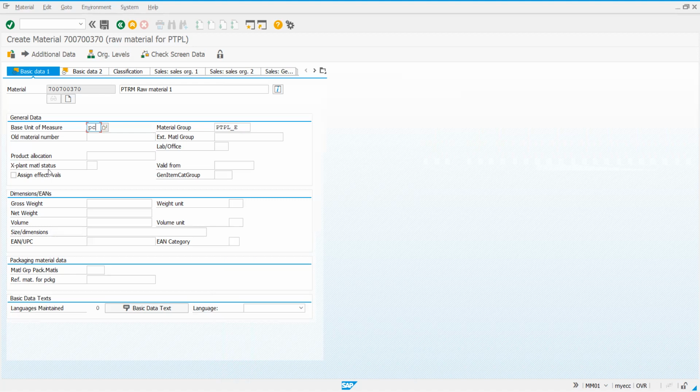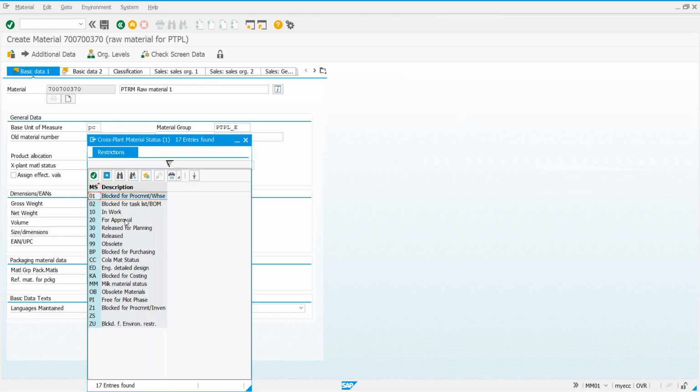This allows the person responsible for data entry to be informed about the status of the material.